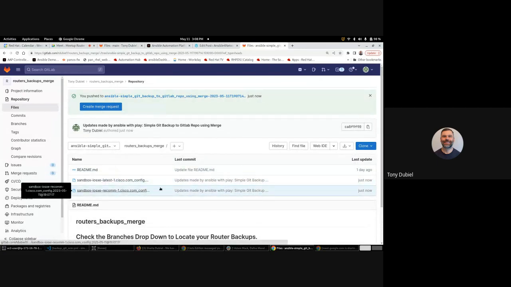So now I mentioned we could merge these or we can keep them as a separate branch. The nice thing about this is normally when you save these to a server, every time you have a backup, it's just added into that folder. And then you would have to parse through them looking at all the timestamps. Here you could just look at the stage ID,